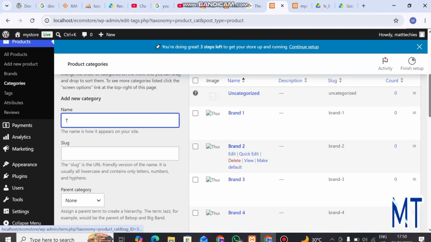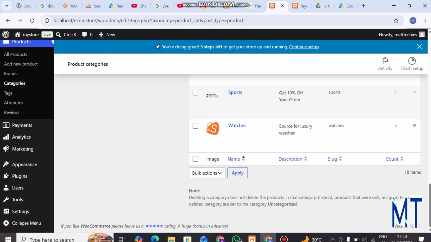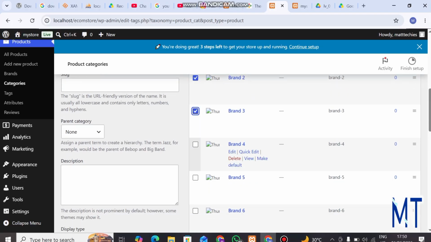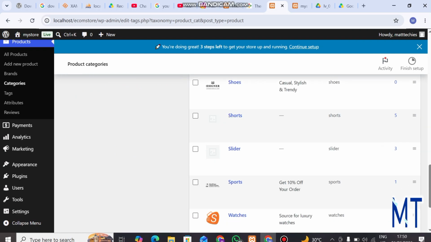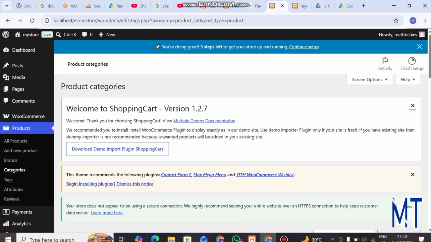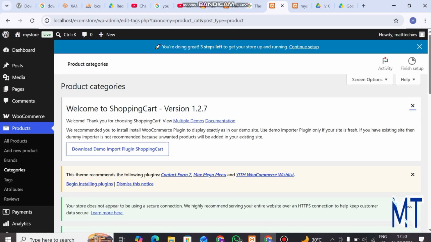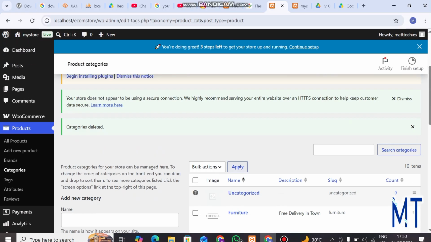Very good. So we have first these categories: band 7, band 8, furniture, and so I will delete some of them. I don't think we need them. I will click on band 1, band 2, band 3, band 4, band 5, band 6, band 7, band 8. So let's leave furniture for now. But okay, I'll click on bulk actions, click on delete, then apply. Okay, so we've deleted that already, and we have a reduced amount of